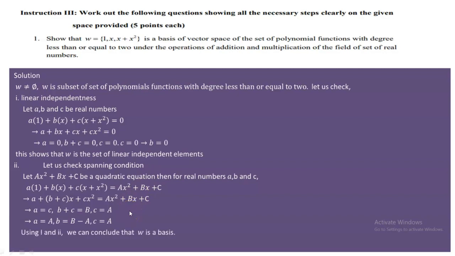Because of this, we can say that this set, which is called W, is a basis for the given vector space. I hope you have understood. Now coming to the next one, we have question number 2